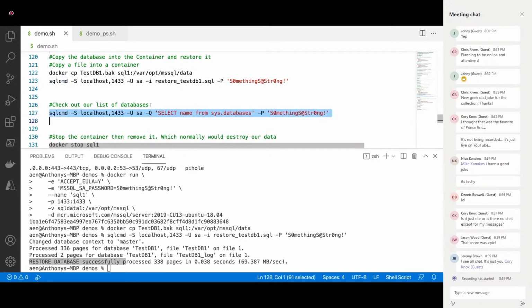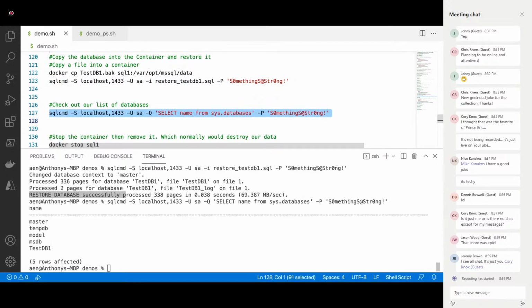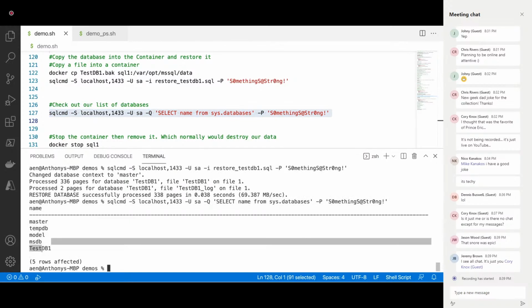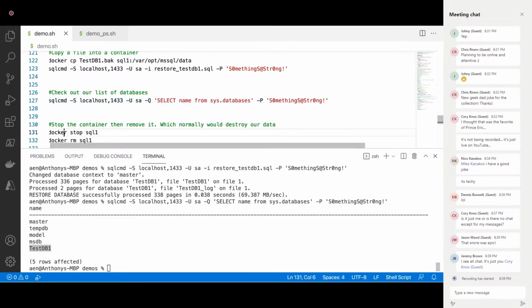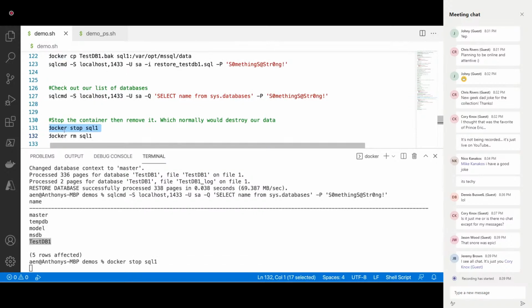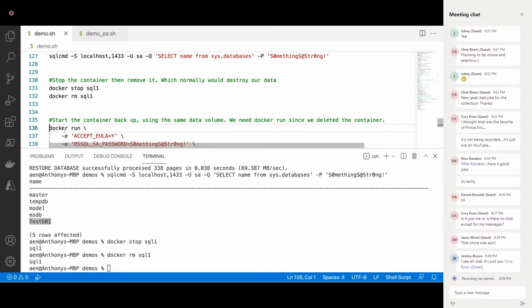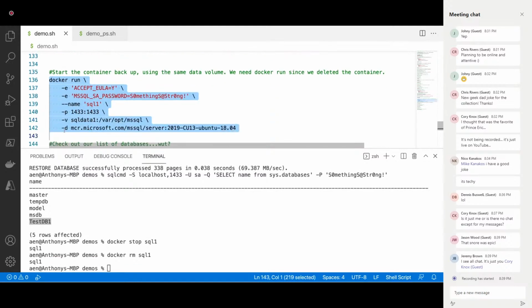I'm going to show you that my database is definitely there. I'm just getting a listing of the databases that are available. So those are the 4 system databases and a database that we just restored. If I stop the container and remove this container, and then I start it back up again, but this time I point it to the same data location,